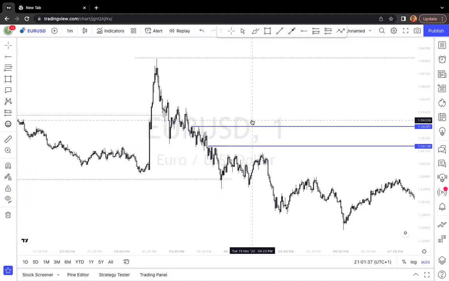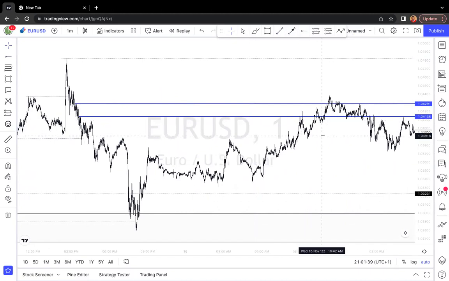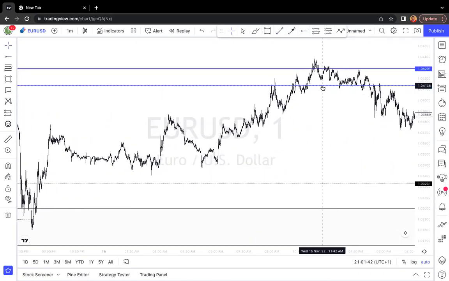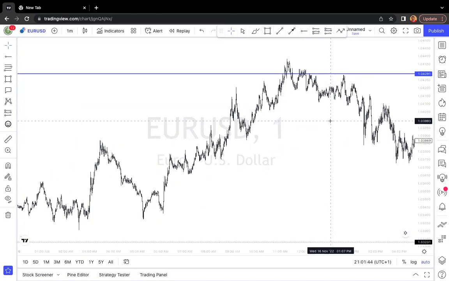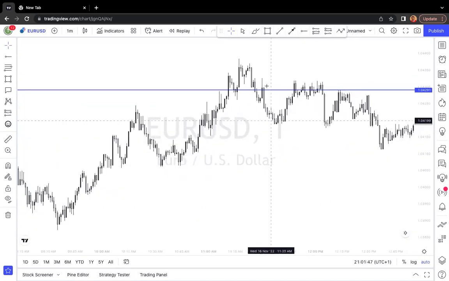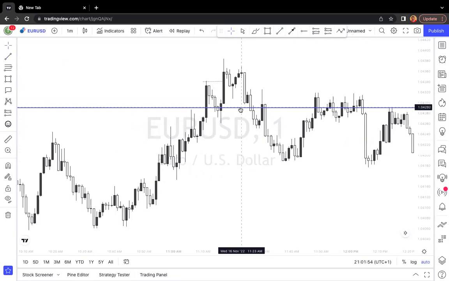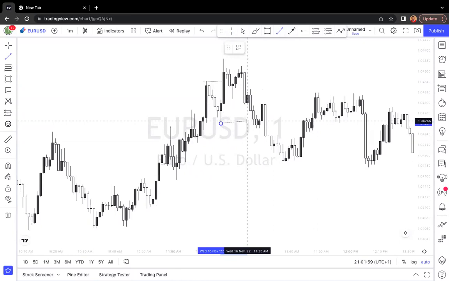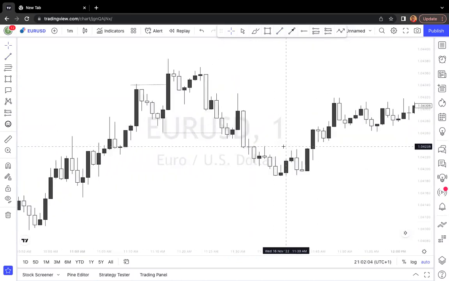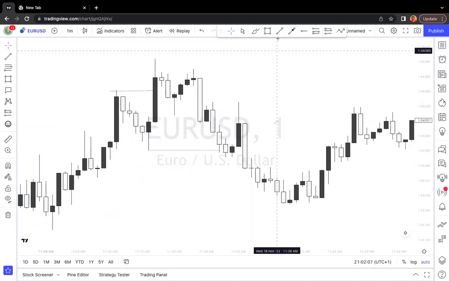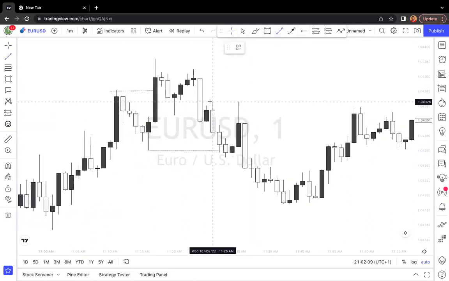Okay, so what do we have price come to do? Nice, okay. So let's delete this one and work with the one that gave us the reaction. Okay, so price had tapped into that area and then gave us a new story as a grab on liquidity. I can take this out now, right? And a shift in momentum, right? And then one of you guys actually took this trade off this high, and had this entry here.